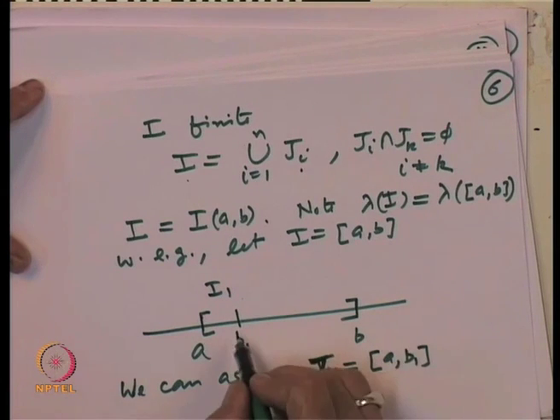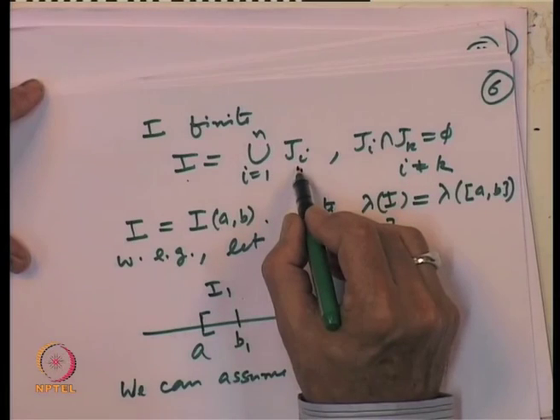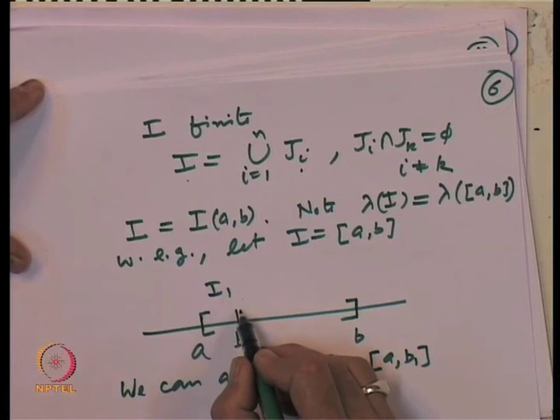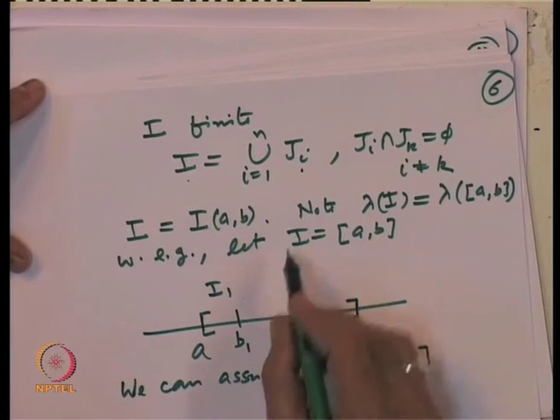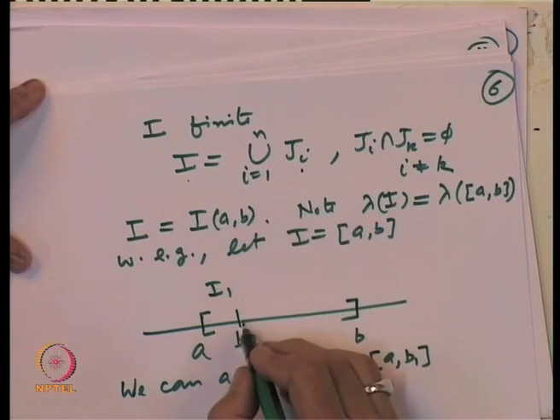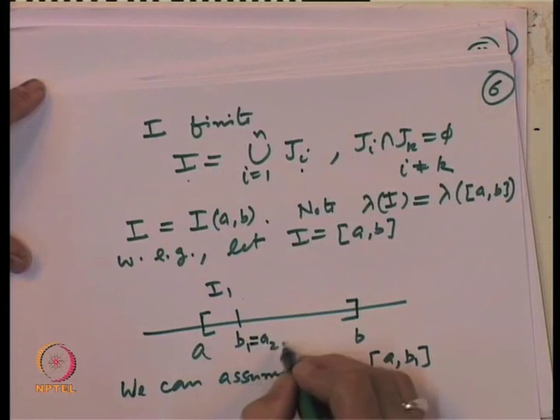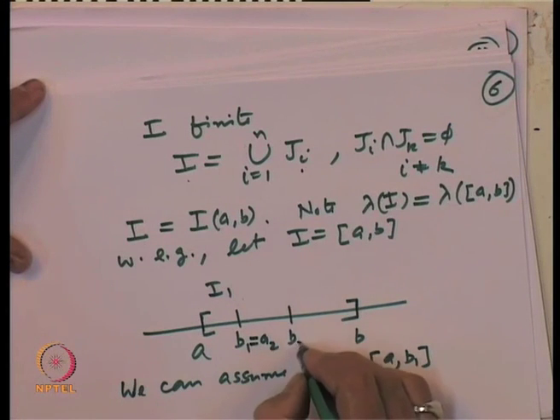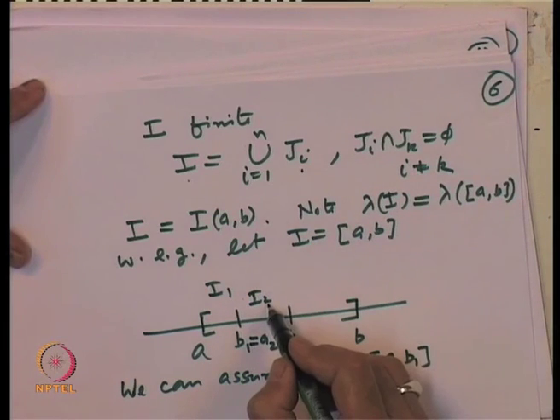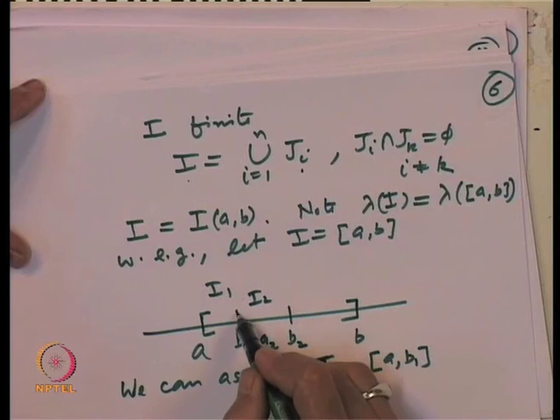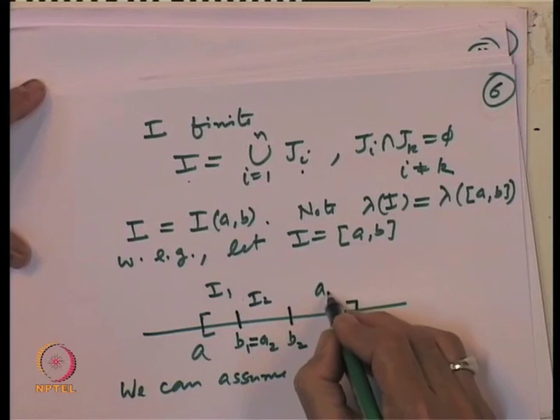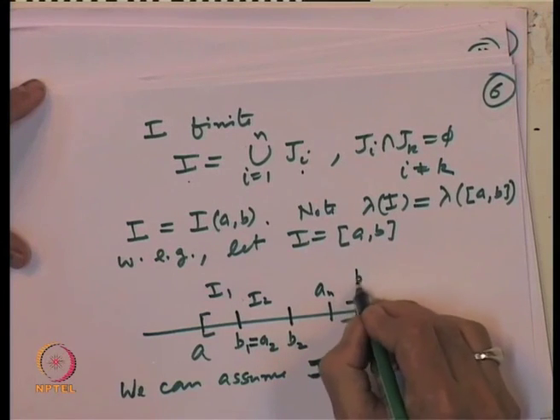Now, the point b_1 is again in that union. So, either it is already included in the interval I_1, or it should be an endpoint of another interval in the union j_1, j_2, up to j_n. So, the second one must start here and end somewhere here, that is b_2. So, some other interval, we can rename it as I_2. It should start again at b_1 and end somewhere here, and so on. So, here will be the last one, a_n, and that should be b_n.